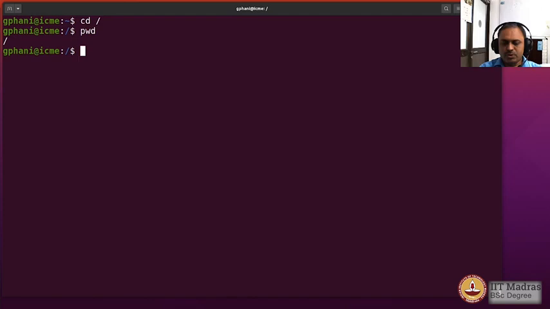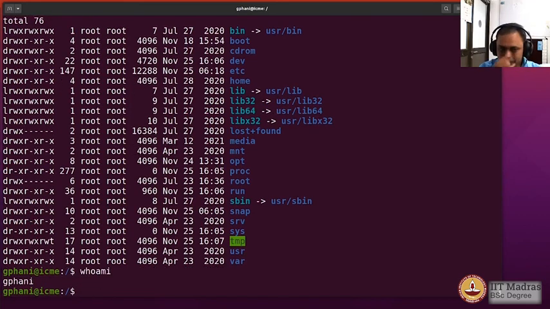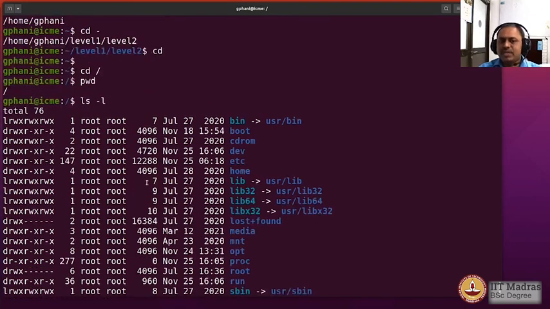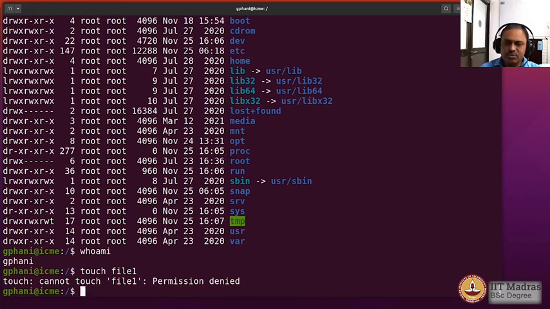Okay, where am I? I am in the root folder. And you see that in this particular folder, everything is owned by root. Now who am I? I am actually a different user. I am not the root user. Who am I? You can see that the username is printed there. So the username is not matching the owner here, and therefore in this folder, for example, I cannot do much. So let us try to create an empty file in this folder, let us say file 1, and you see that there's an error that comes, permission denied, because we don't have write permissions.